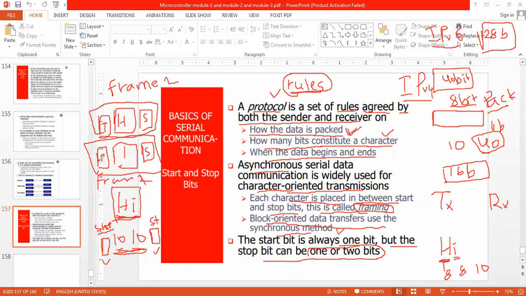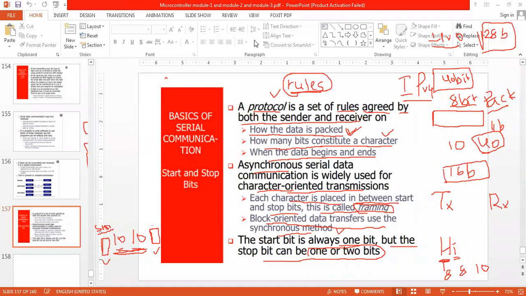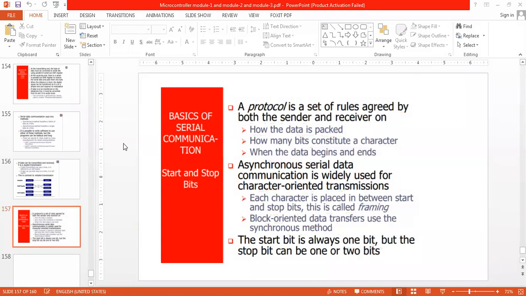So it is not only a single bit, it can be 2 bits also. Is it understood?